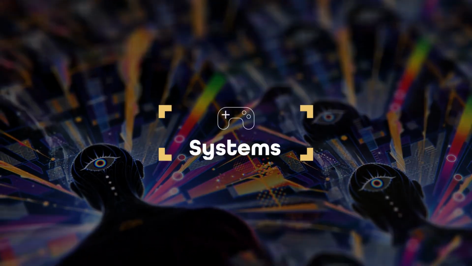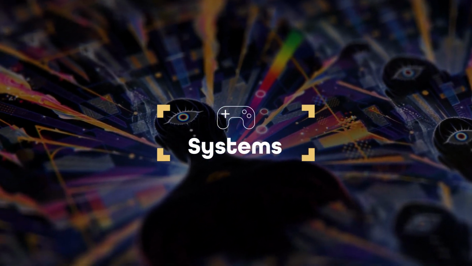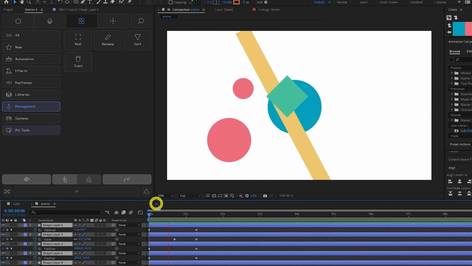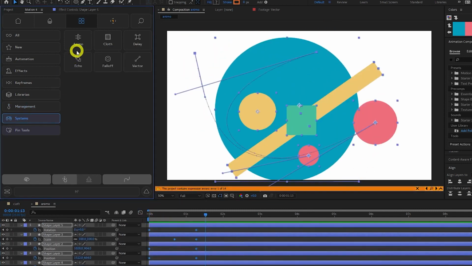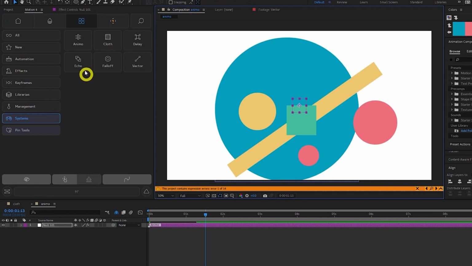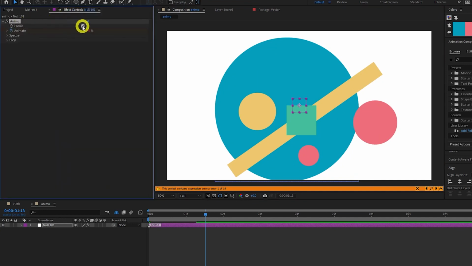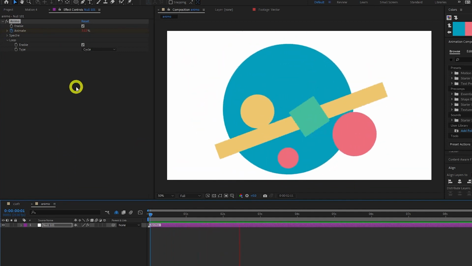The Systems tab provides tools to simplify and manage complex systems. The Animo tool allows you to merge and unify keyframes together. Select your keyframes and click Animo. This will then create a null layer with an Animo effect on it. With this effect, you can enable or disable the animation, loop it, or keyframe the start and end of the